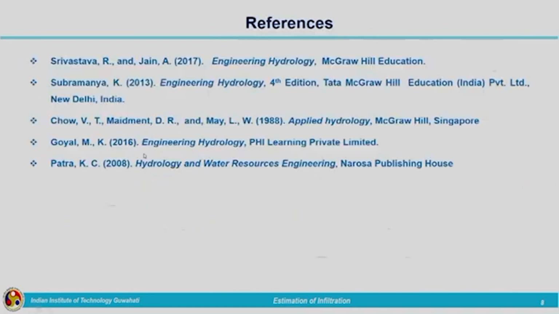So, that is all about the different empirical equations. Many empirical equations can be seen in literature, but I am covering only some of them in this particular course, which are taken from the textbooks. The relevant textbooks are given here as references. Here we have seen different equations such as the Kostiakov equation, Horton's equation and Holton's equation. These are empirical equations. In the next class, we will move on to the theoretical equations, which are derived based on the